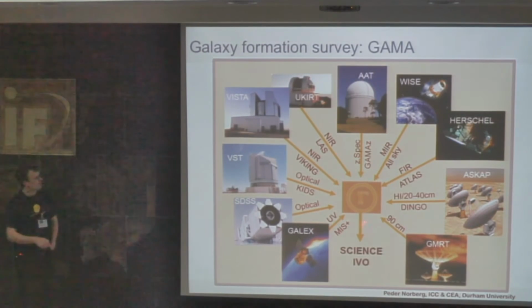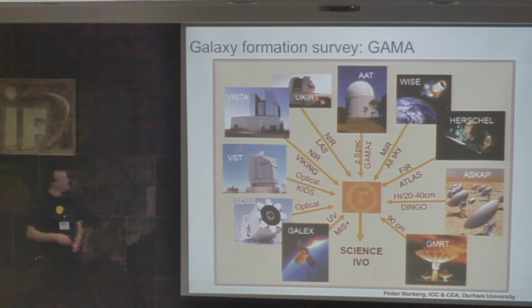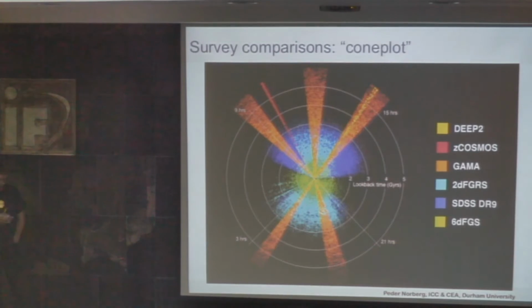In the case of GAMA, the focus was on the multi-wavelength aspect. So having galaxy information for the UV, optical from VST and SDSS, near-infrared from VISTA and UKIRT, spectra from the AAT. The WISE instrument gives you the mid-infrared, the far-infrared information. ASKAP, which still is on its way to be built, information. And GMRT is some longer wavelength information. This is rather unique, to collect all of this information in one patch. It's very hard work to get this information in. But that becomes the strength of that type of survey because it can actually analyze information for many purposes.